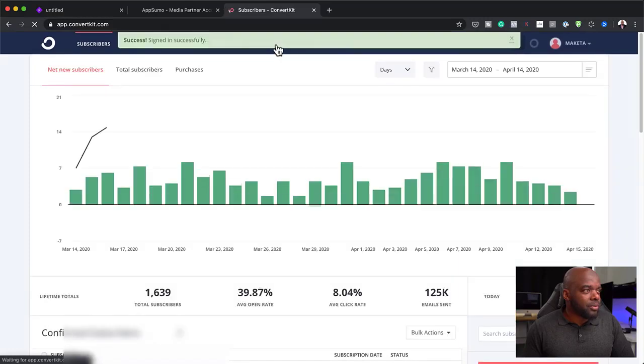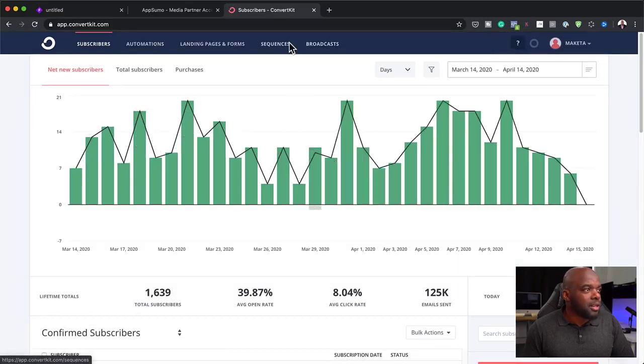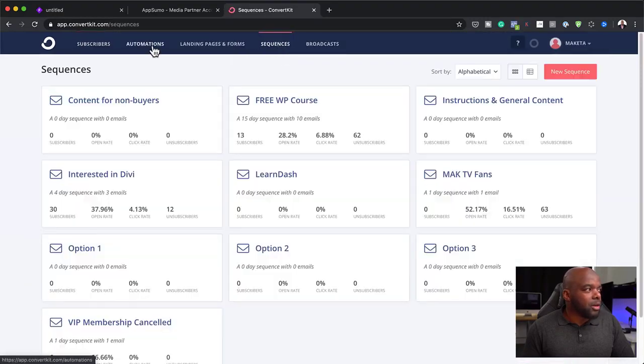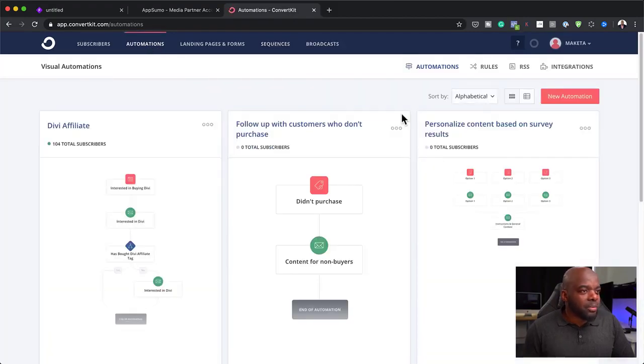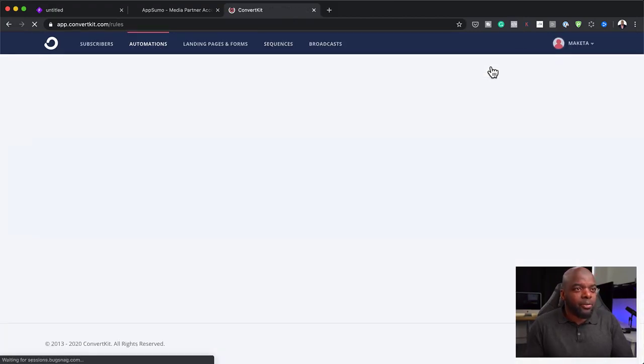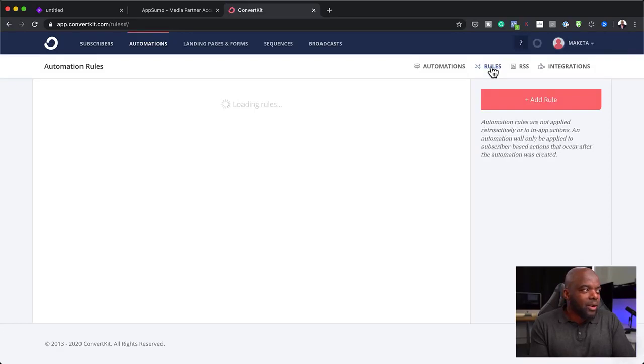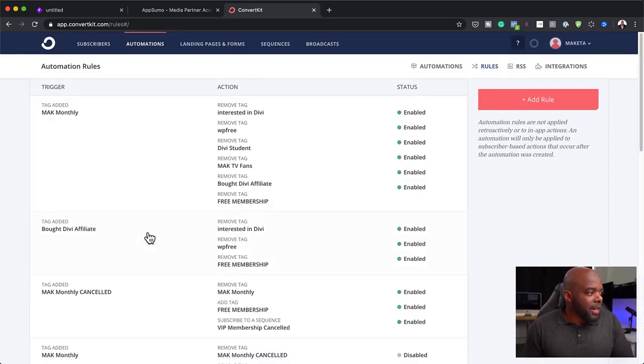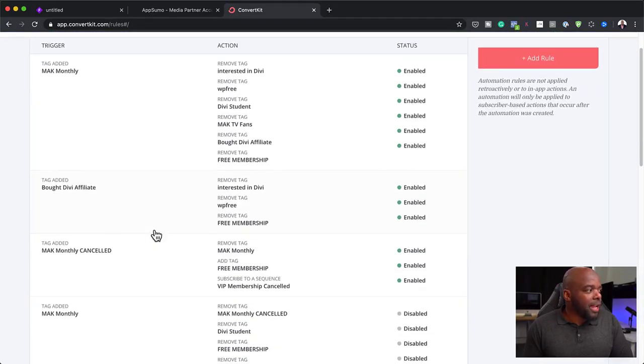So here I can go to my sequences. Let's close this. Okay, so I go to sequences, no, automations, sorry. So I go to automations, and over here I have what are known as rules. Under these rules, this is where I can say, okay, if someone has bought Divi, the affiliate promotion, then remove the tag